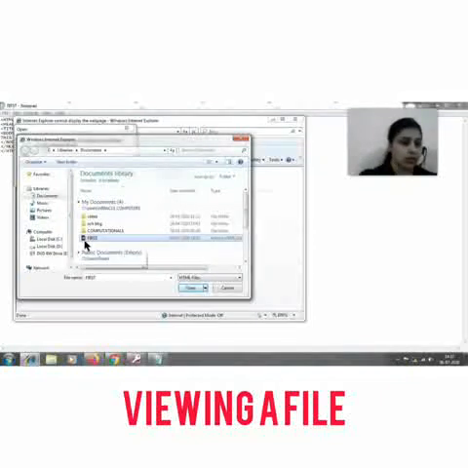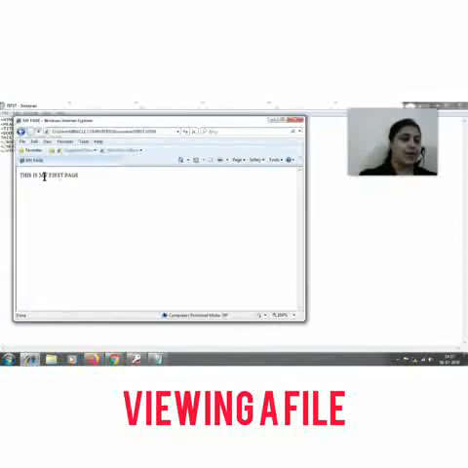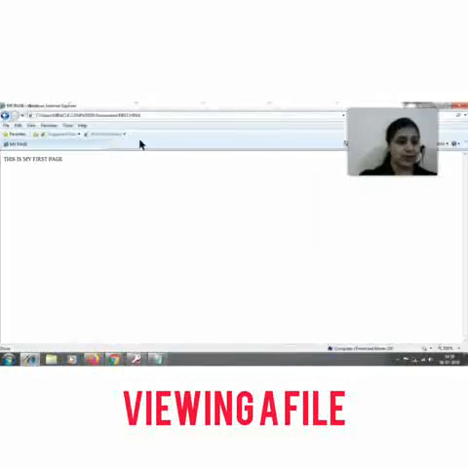In my documents, I look for my file with the name first that I saved. See, it is not a normal document window. It is showing this browser sign also, that this is an HTML document. Open it now. And now you can see this. Whatever you have typed on Notepad, you can view on a browser window, and the tags are not visible. So this is just a start of how we make use of Notepad and browsers.